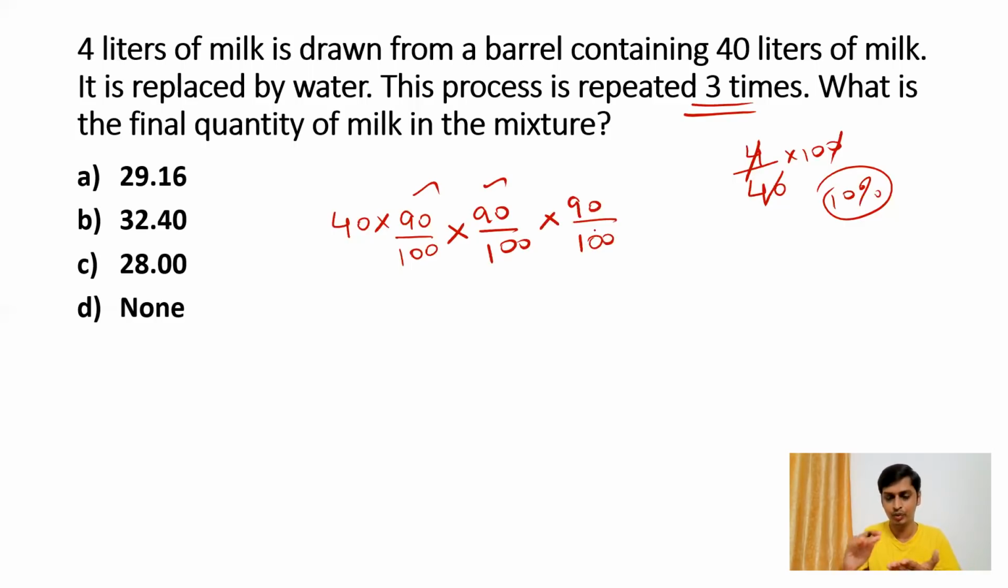So it's very simple. You are taking 4 liters out, that is equivalent to 10% going outside. So inside you will be having only 90% of that 40 liters at first start. And this process is repeated 3 times. So you are multiplying with 90 by 100 for 3 times. So if you cancel, you get the answer. So 0, 0 cancel and 0, 0 cancel. So 9 cube is 729, 729 into 4. You get